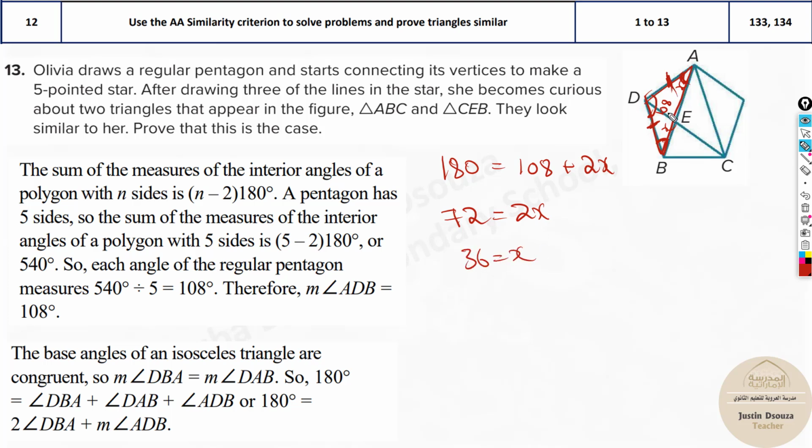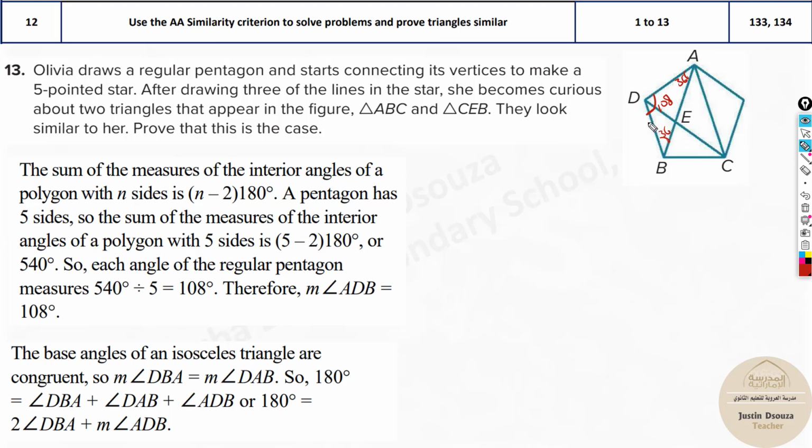So these two angles are 36. So I will write it over here now. 108. Okay, now, sorry, I have removed it quickly. Let me just show you. This is it. Because the total is 180, this is 108, and 2x. Solve it. Put it in the calculator, you'll get x is 36. Now this 108, 36,